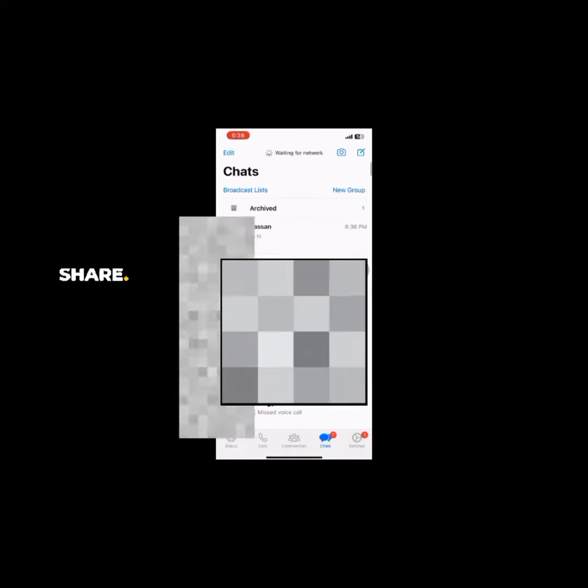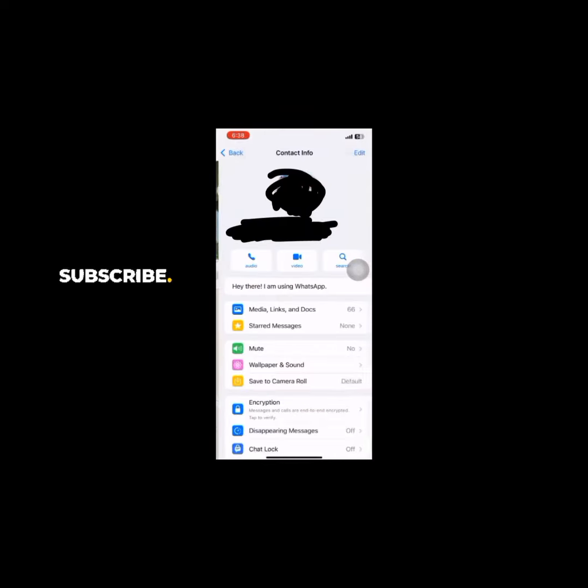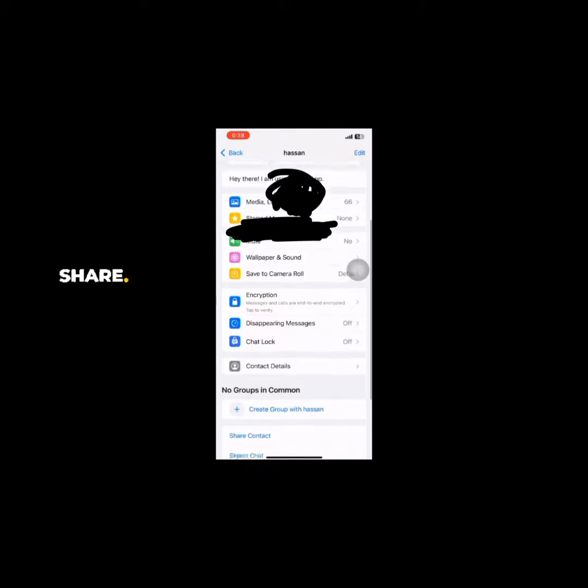So what you have to do is just tap on WhatsApp and open your WhatsApp. Now you have to navigate to the chat you want to lock. Now you have to tap on the contact name that is on the top of the screen. Now scroll down